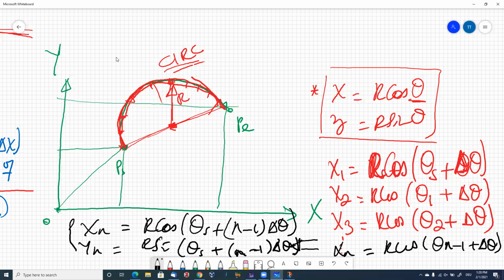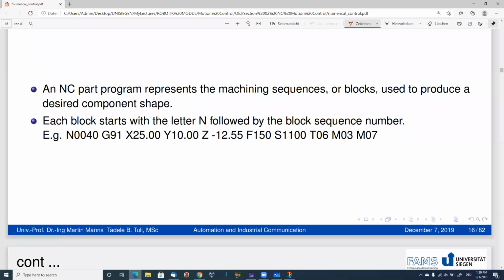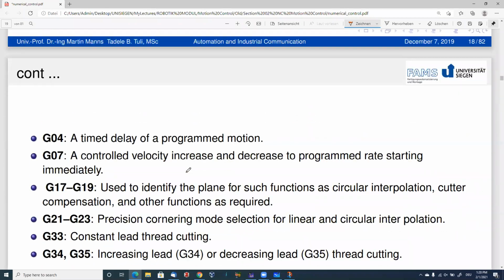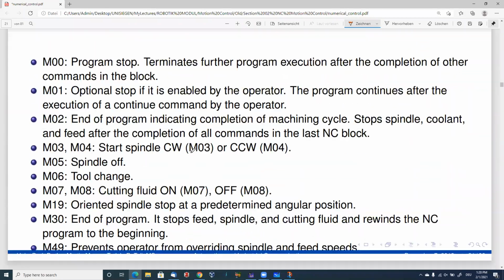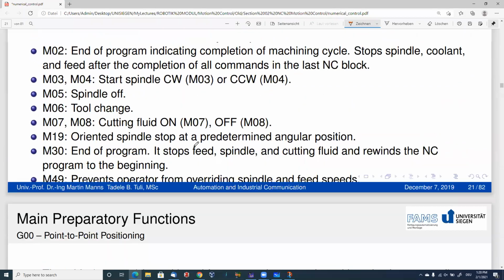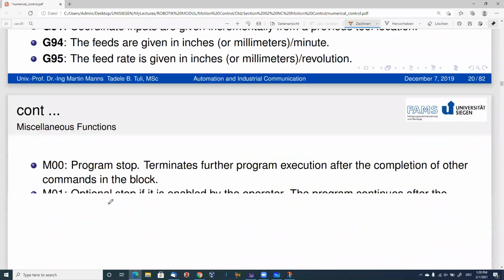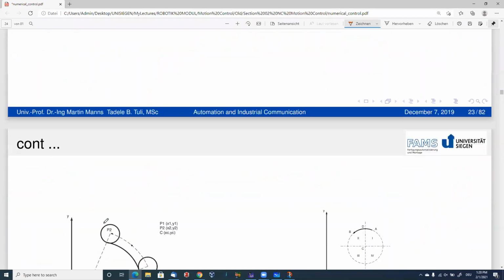Okay. So this is a circular equation for G02 or G03. Only the direction matters. But behind this concept, there are some assumptions. It doesn't come true for any circles, but we have to take this assumption. This assumption is,